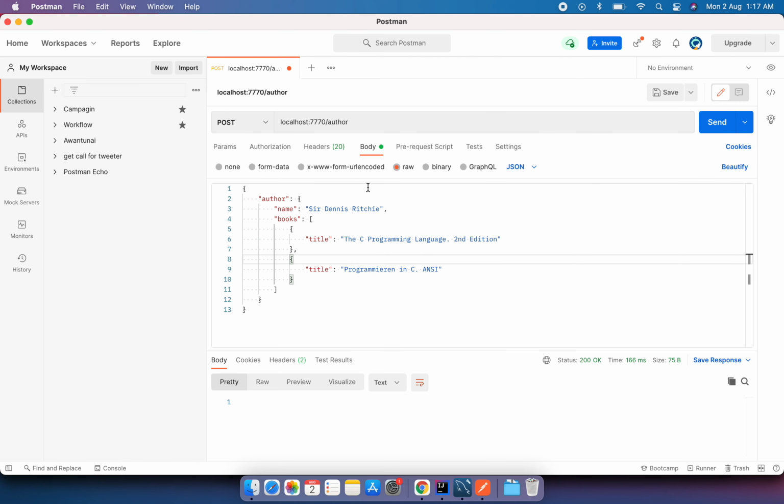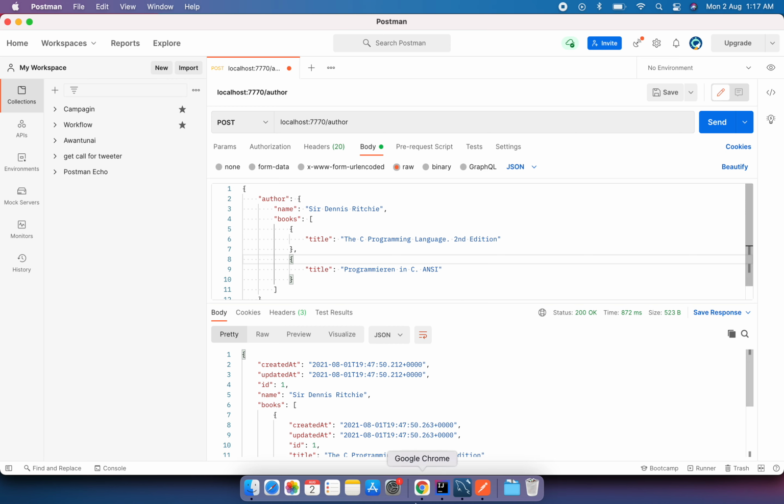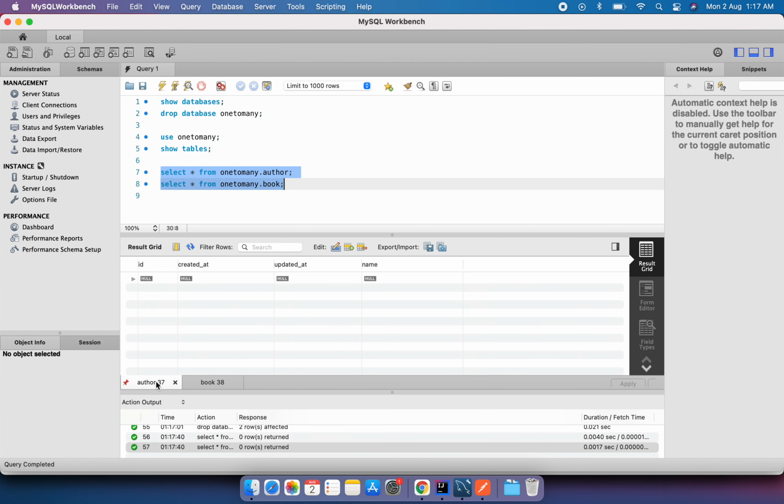Let's go and hit the API. So this is with the persist example. Yeah, so as I can see, I get a response. Let's verify that in the table. So we have the first author is created along with 2 books. Yes, now let's go and